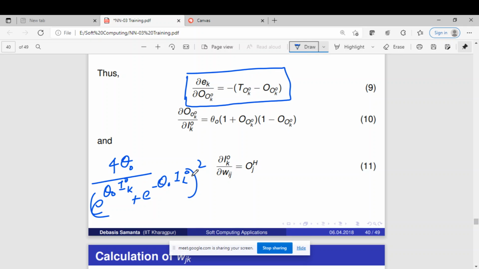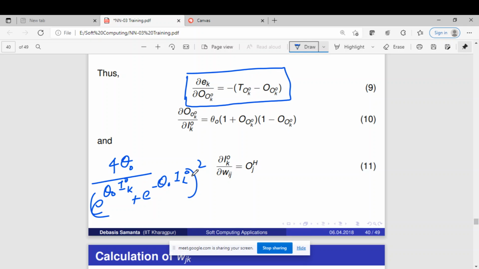There is no difference. Only thing is this is squared and this is not squared. Otherwise it is same. The difference is only in the numerator, and this numerator part can be written